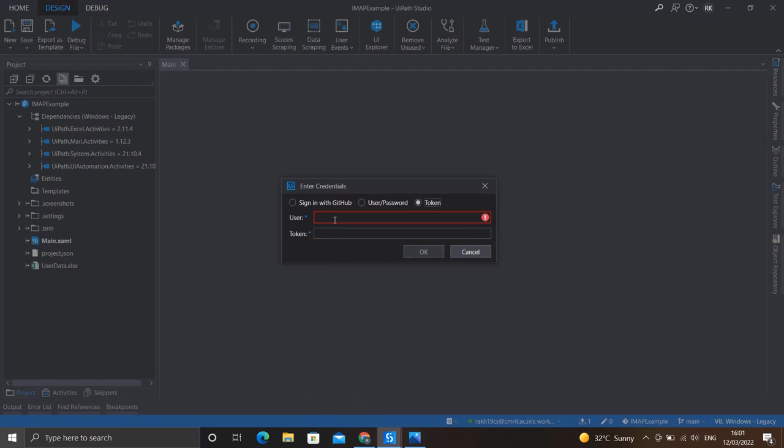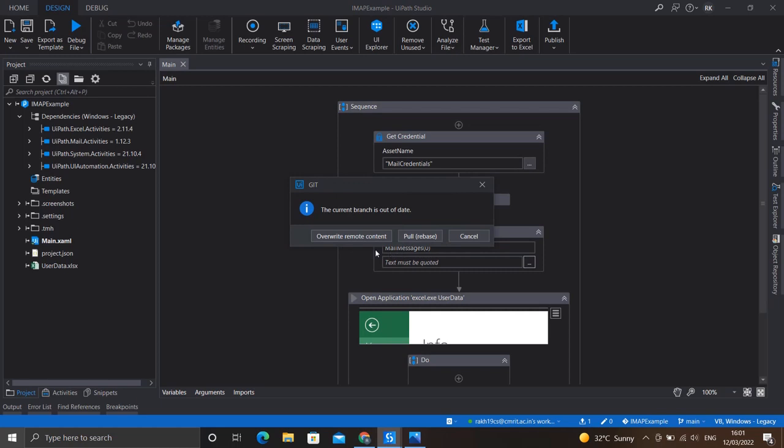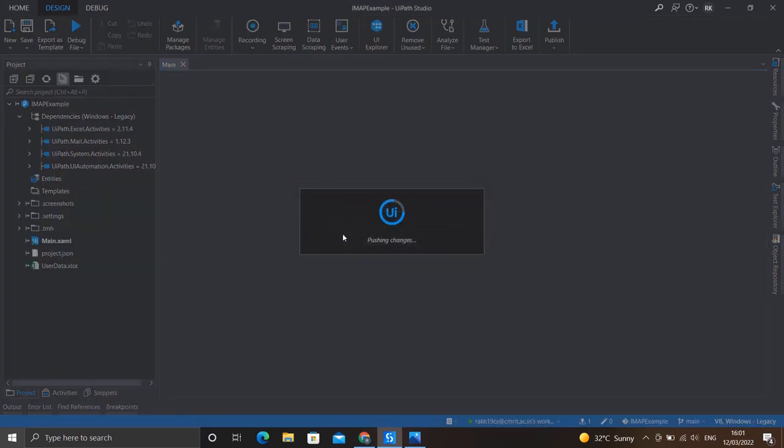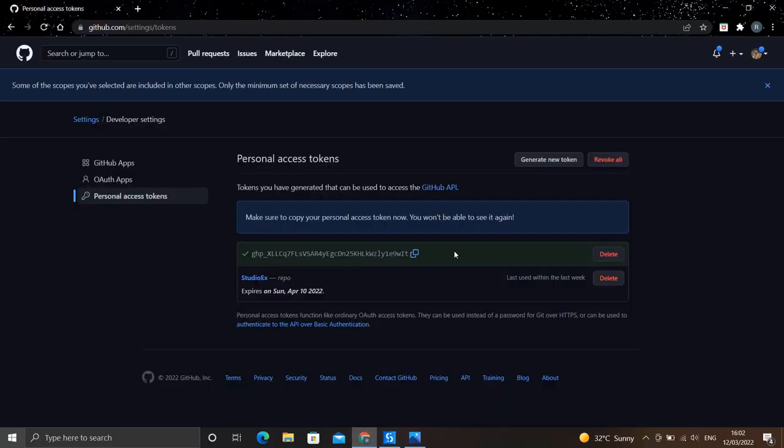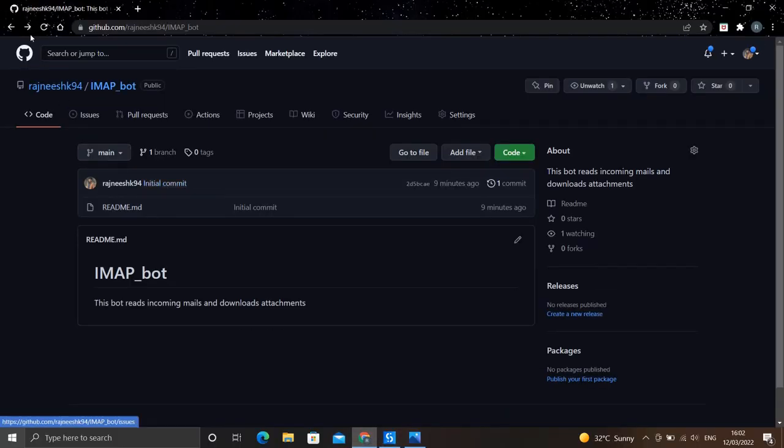We will come back to the studio. I'll type my GitHub username and we'll paste that token. Click on OK. Click on overwrite. Now you can see all of our changes are being pushed into the repository. As you can see, a symbol here shows that this is a Git repository and it is currently connected to the main branch. Now when you come back to that repository, when you click on refresh,